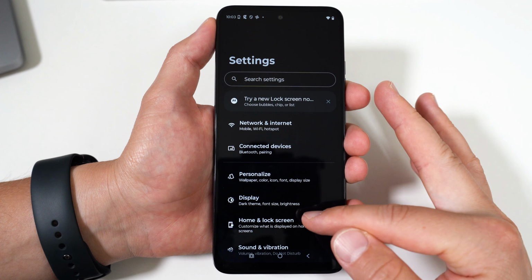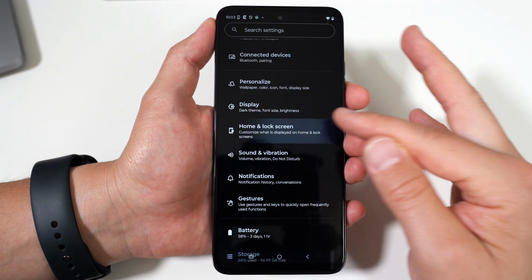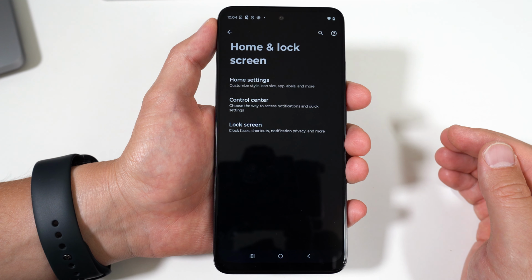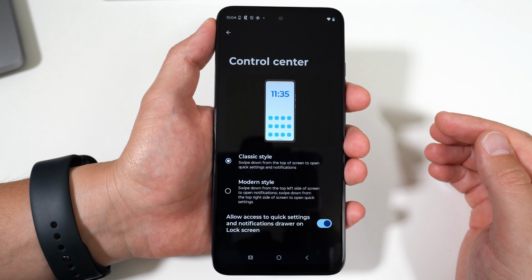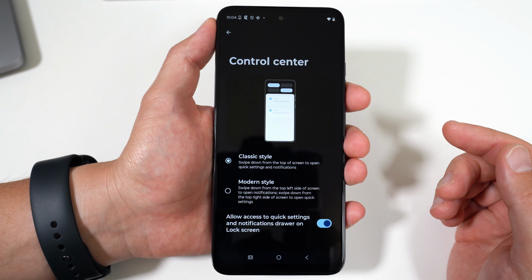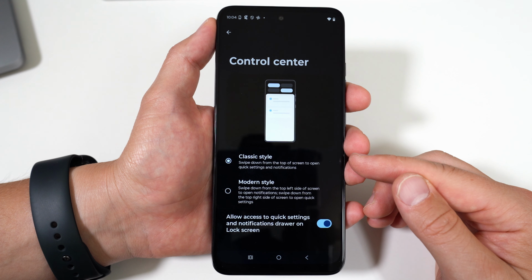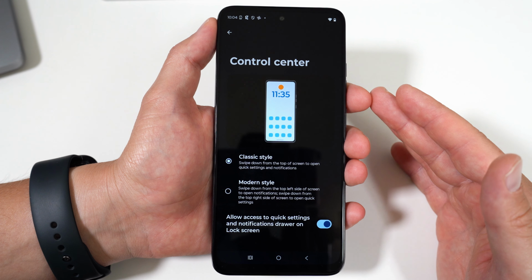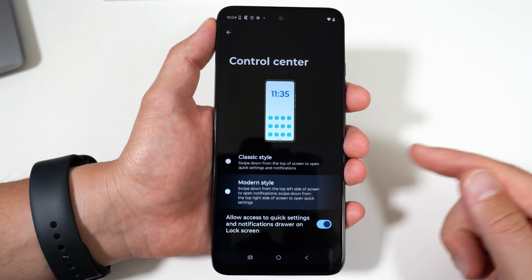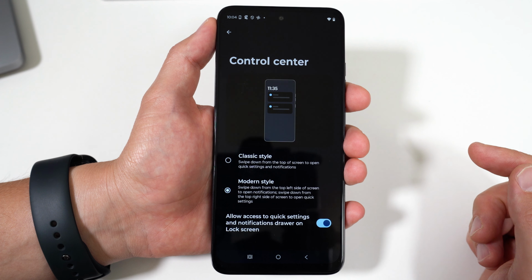We're going to go to Settings, and then from there, we're going to scroll down to Home and Lock Screen. And then we're going to select Control Center. And here, we can choose the style. There's a classic style, where it shows both your quick settings and your notifications on the same screen, or we have a modern style. And personally, I like this a lot more, because now, when I do that single swipe,